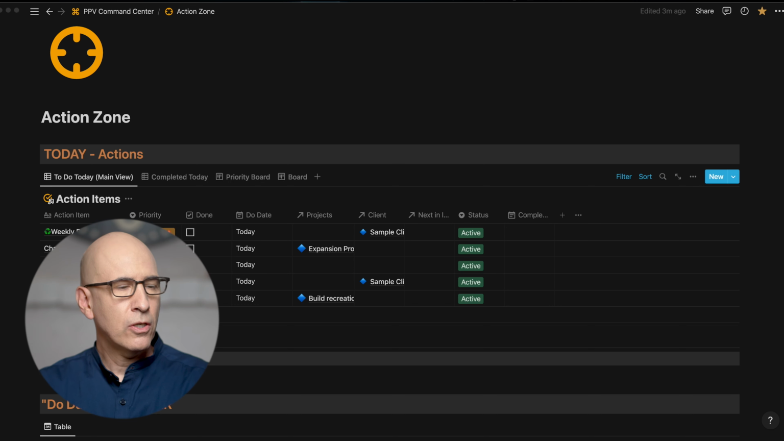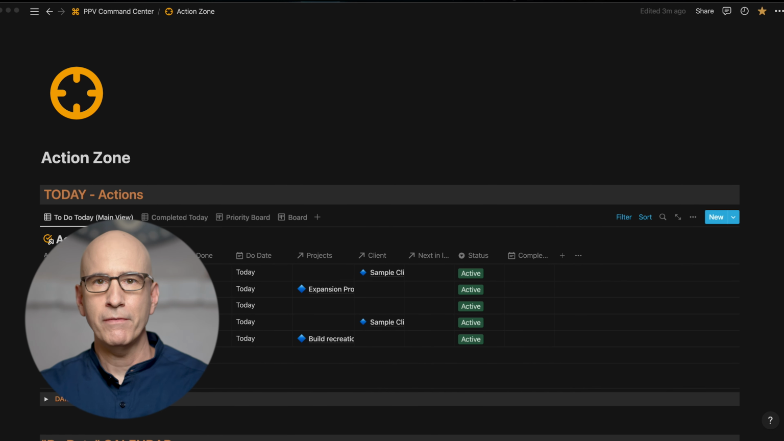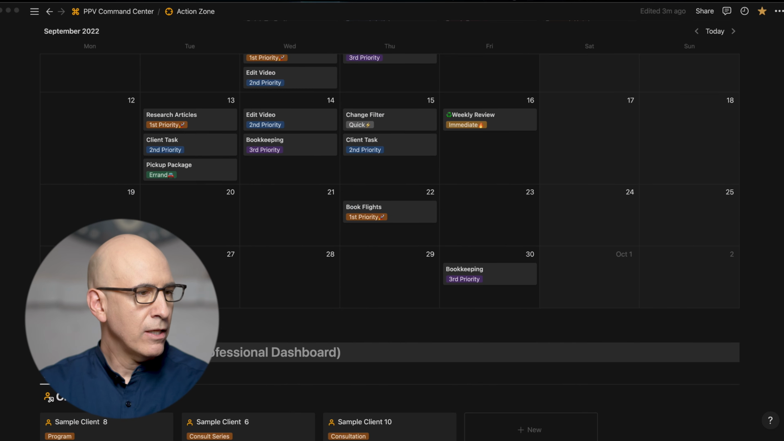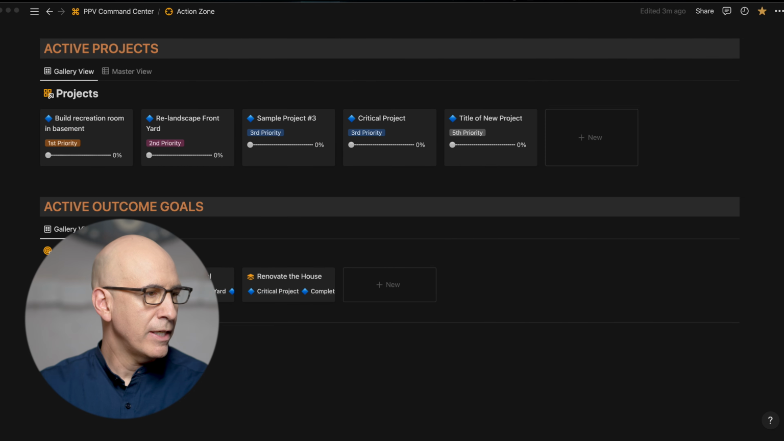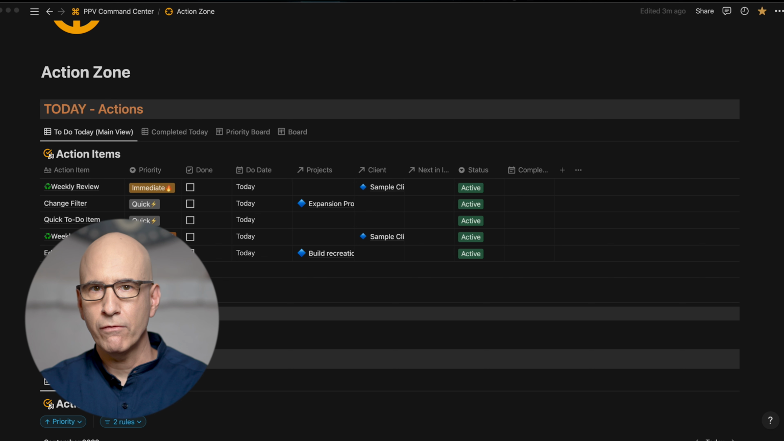So let's go to the screen share and we'll walk through a bunch of examples and a bunch of demos on these new features. So we're going to start in a more simplified version of the action zone. The action zone is well documented in previous videos. I'll link to it below the kickoff video, and there's a whole playlist that takes you through this if this is new to you, but this is where we do our focus in the PPV system. Focus on our action list, the things we're going to accomplish today. We got our calendar view down here. This is a very simplified version of it. I just want to focus on the key databases